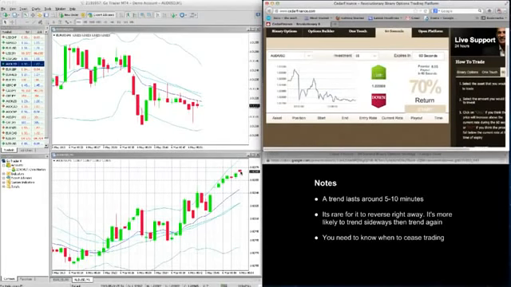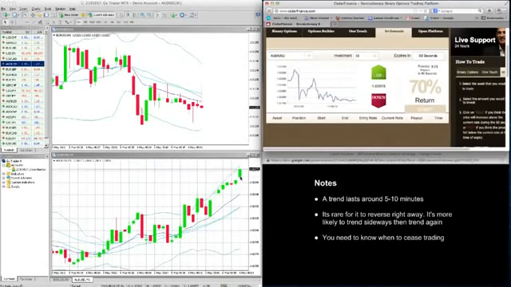The next one's, so also you can see here the trend is continuing to go up. So if you're placing trades in here,